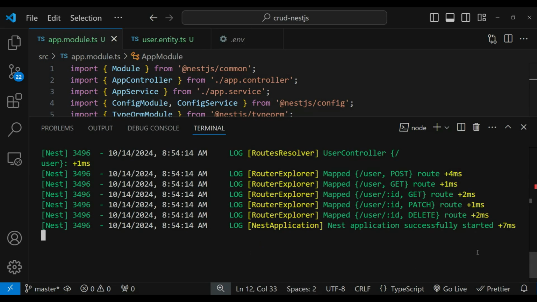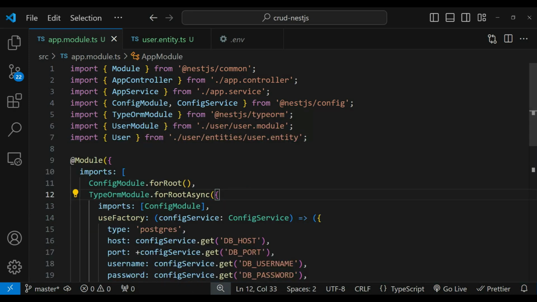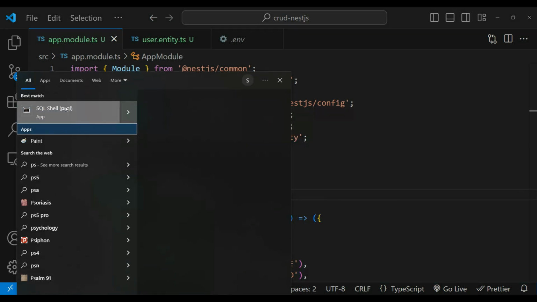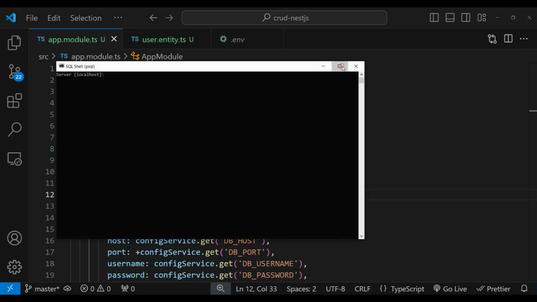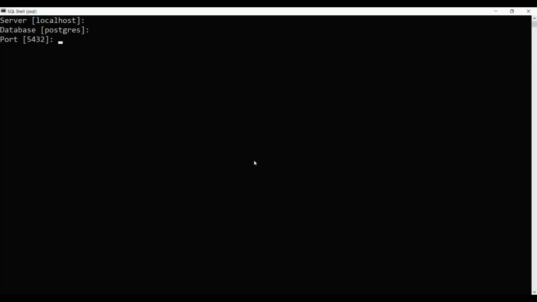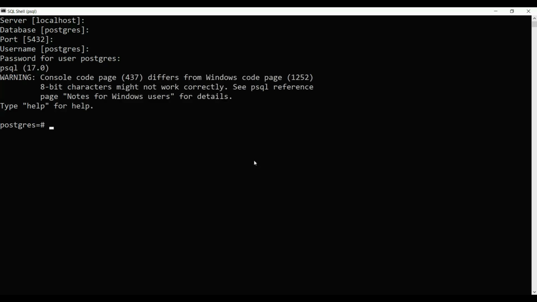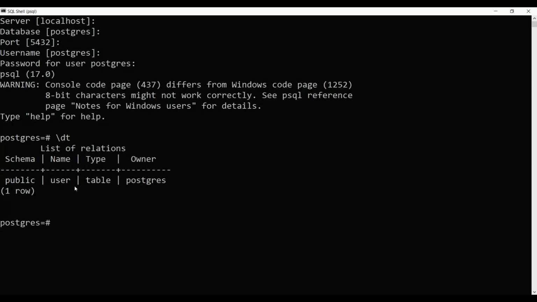You can see Nest application successfully started. So to check whether our entities are updated or not, we need to open our PostgreSQL cell. All these fields can have default value, but for password we need to configure our password. Now we are on our Postgres database. To check the table user, we can run /dt, and you can see we have the relation